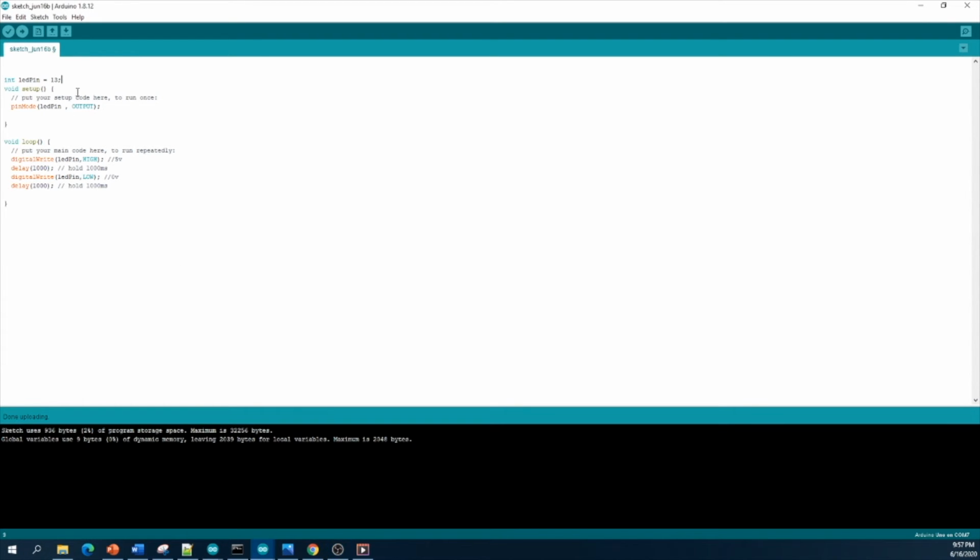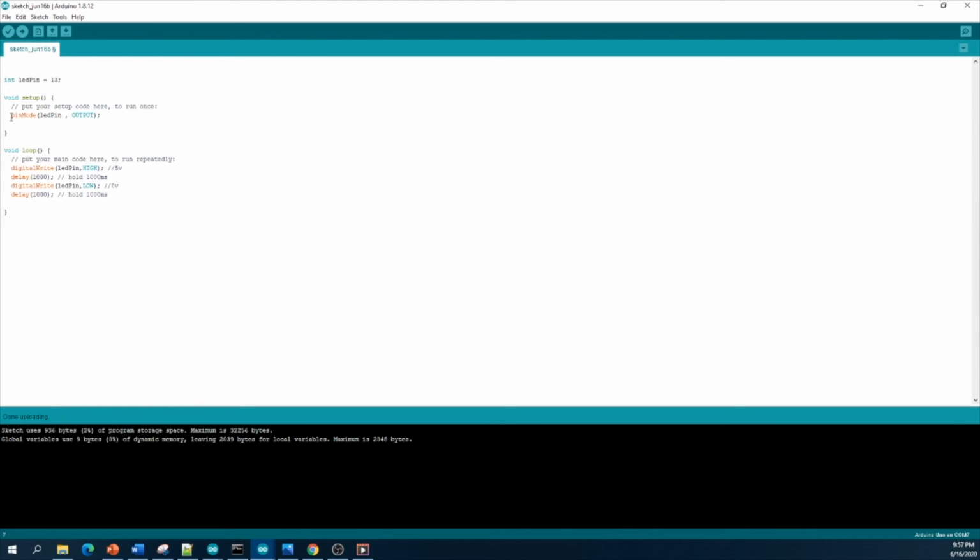Right. So first this line refers to the connected LED pin. We connected our LED to digital pin 13 on our Arduino module. Then this is the setup function. This function will run once when the controller is powered, and we define the pin mode.